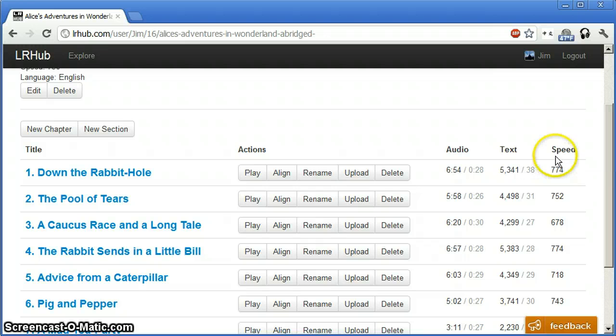Characters per minute makes more sense with something like Chinese, but I think it's also going to make sense with other languages like English, where you normally would want to calculate words per minute. So I think what I can do is simply store characters per minute in the database for whatever the language is, and then just estimate how many words per minute that would be. Based on English, you would say there's like 5.1 or 5.2 characters per word on average. So I can just divide the characters per minute by 5.1 and get an estimate of the words per minute that they're speaking.